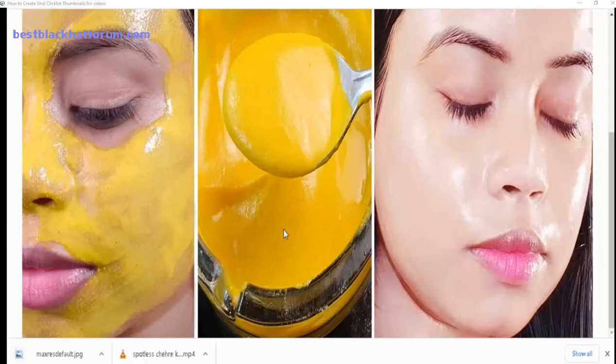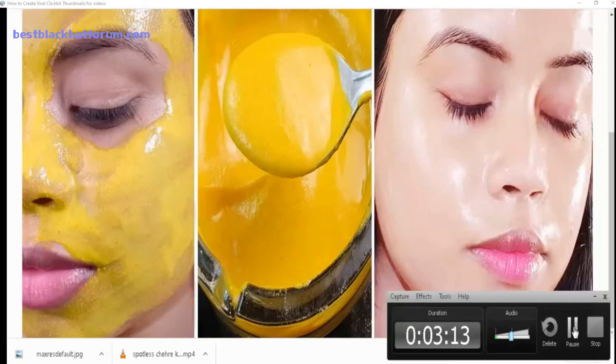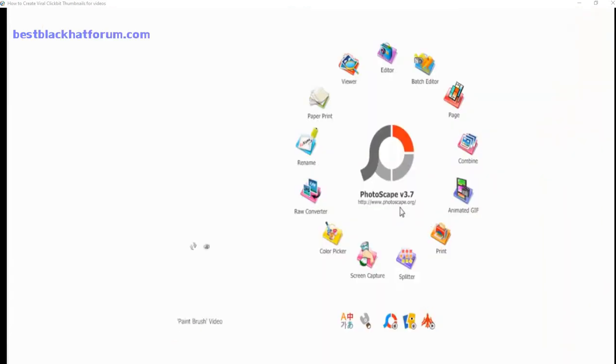Now you need to change and do some editing in this thumbnail. How you can do it, I will teach you. This application is a mobile application, and you can also use Photoscape on your computer.